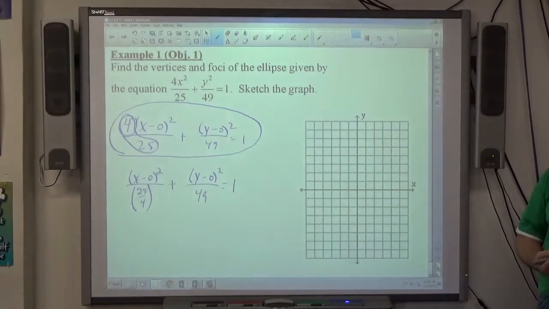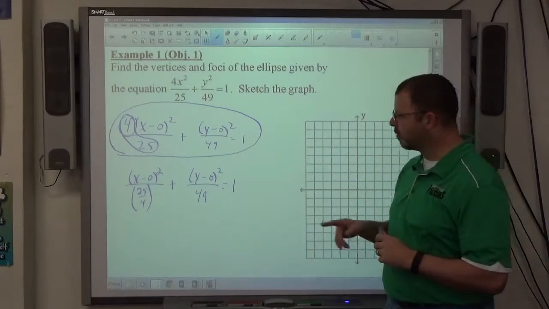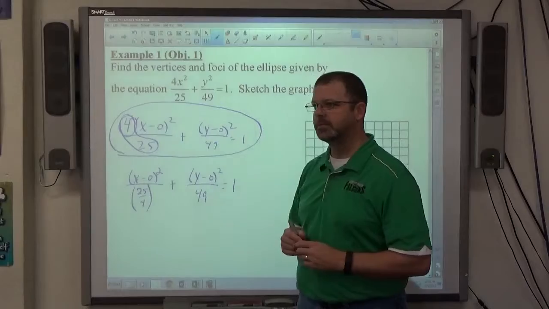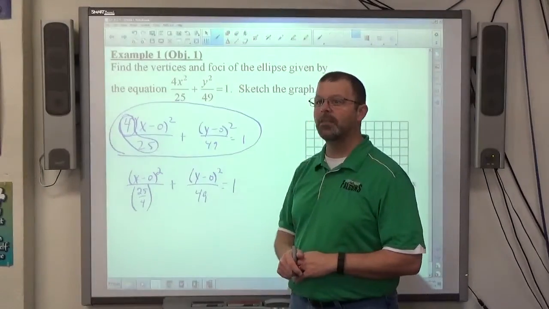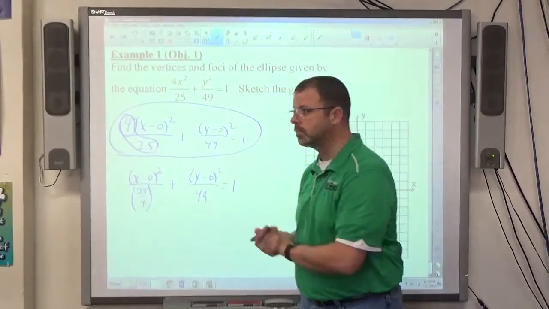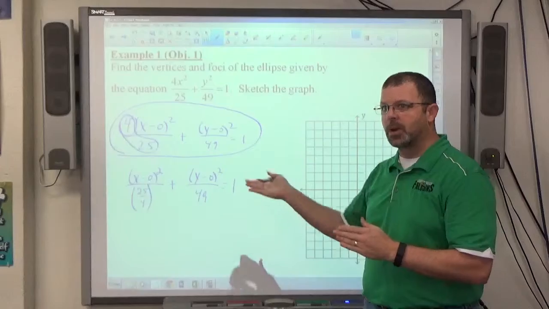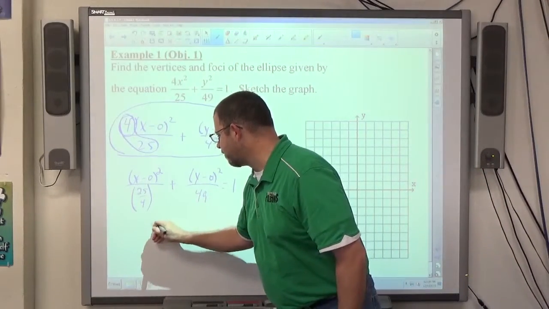Job 2: identify it as either a vertical or a horizontal ellipse based on the size of the numbers. What's bigger, 25 fourths or 49? 49 is bigger, right? If you didn't know, 25 fourths is 6.25, I believe, as a decimal. Get decimal versions so you can look at them and compare them. If b squared is bigger than a squared, then b is going to be bigger than a. So 49 is bigger, which means it's a vertical